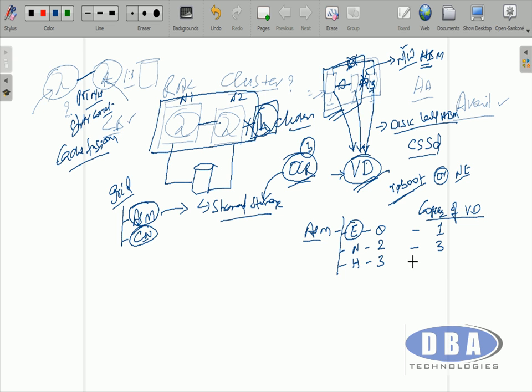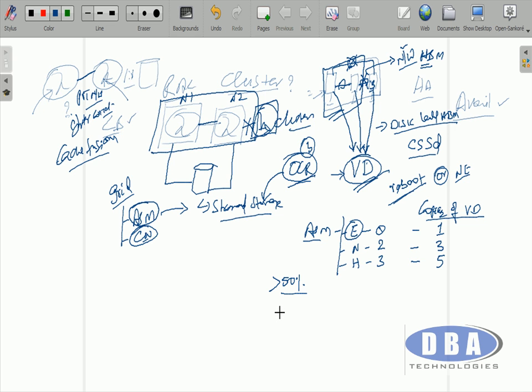In case you want to keep your voting disk on high redundancy, it should have 5. So this is also something we know. The point is, why this way? As per clusterware architecture, each node must participate in more than 50% of the disks in a disk group.